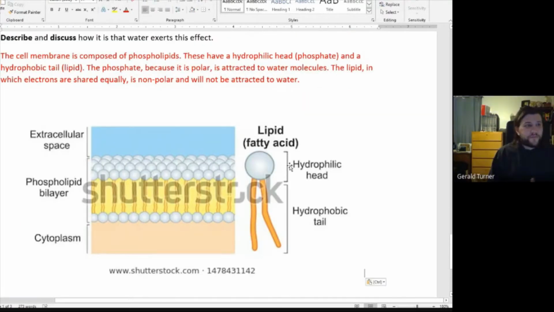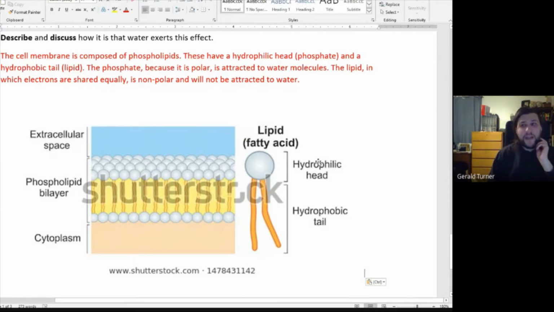So the phospholipid, like I said, has a hydrophilic head, a hydrophobic tail, the extracellular space and the cytoplasm being both primarily water. That's where the hydrophilic heads are going to go. In order to avoid the water, those hydrophobic tails are going to go in the middle,